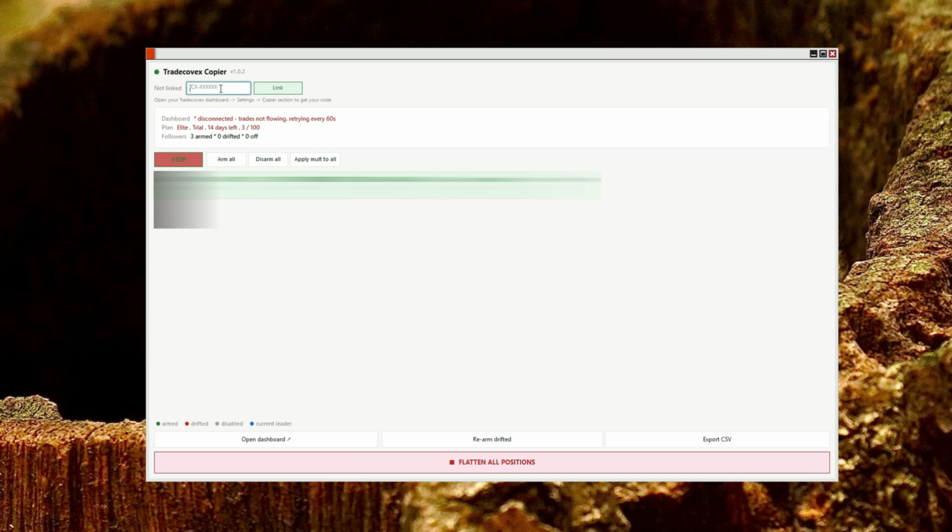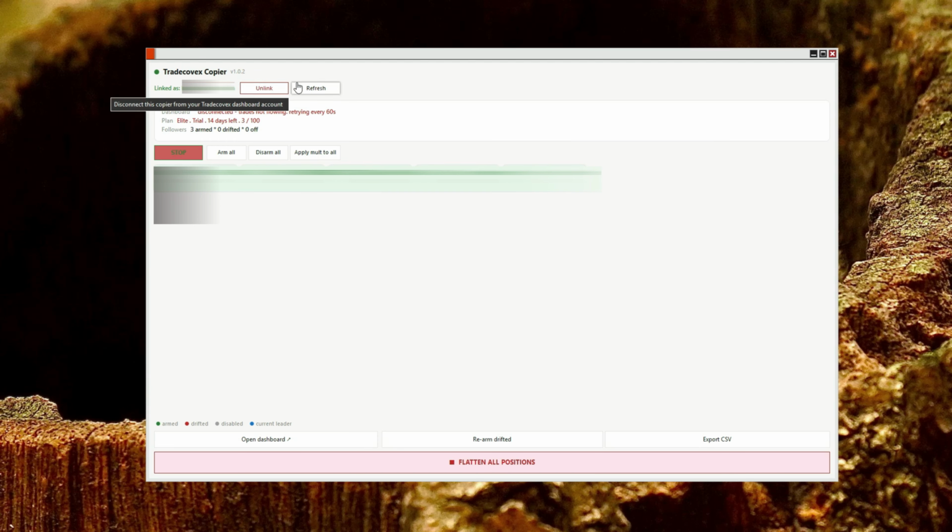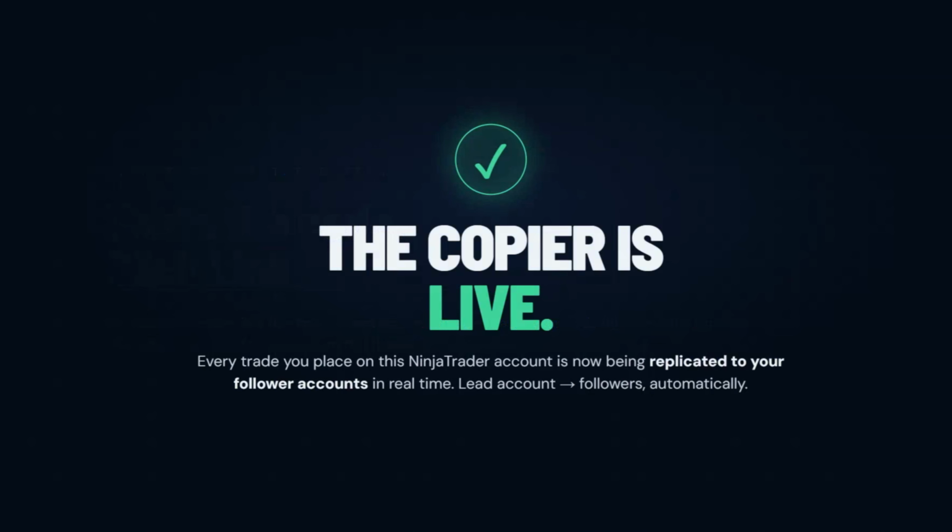Back in NinjaTrader, find the Tradecovex Copier window. Paste the code into the code box and click Link. The status changes from Not Linked to your email address. The copier is live. Every trade you place on this account is now being replicated to your follower accounts in